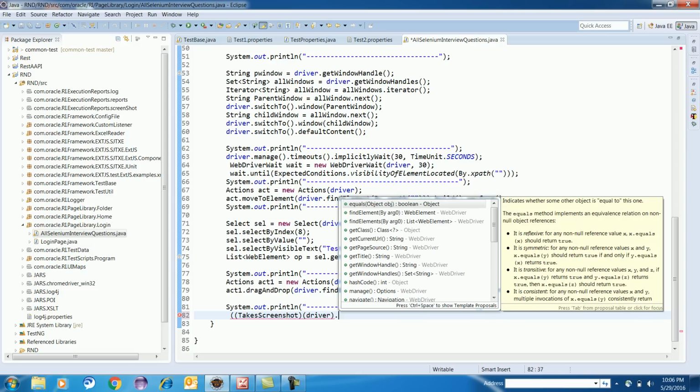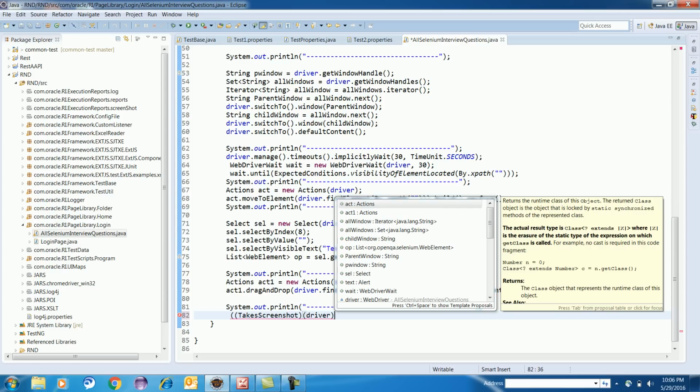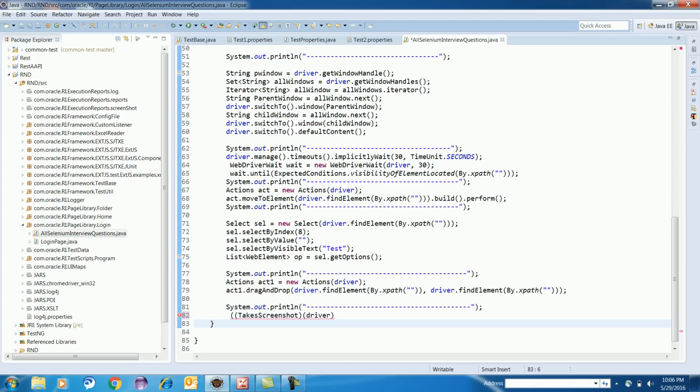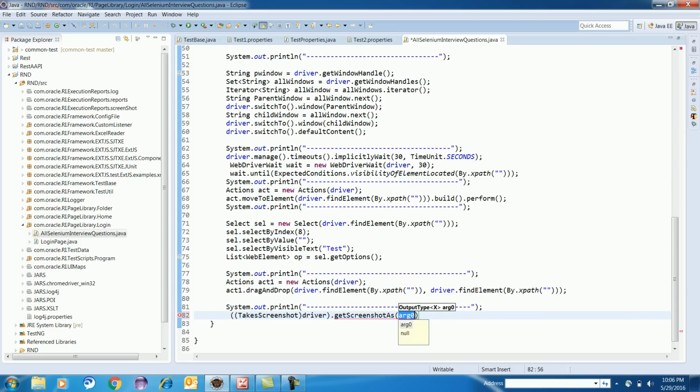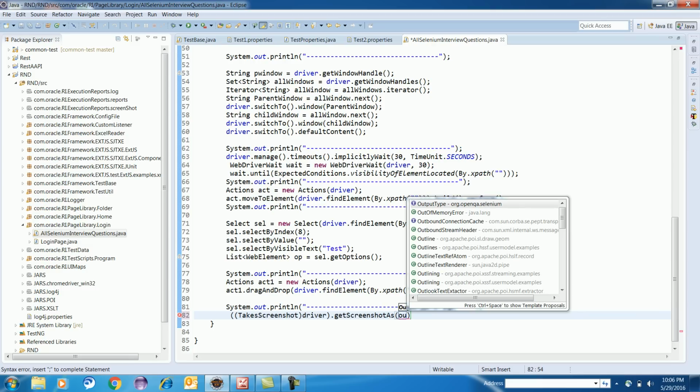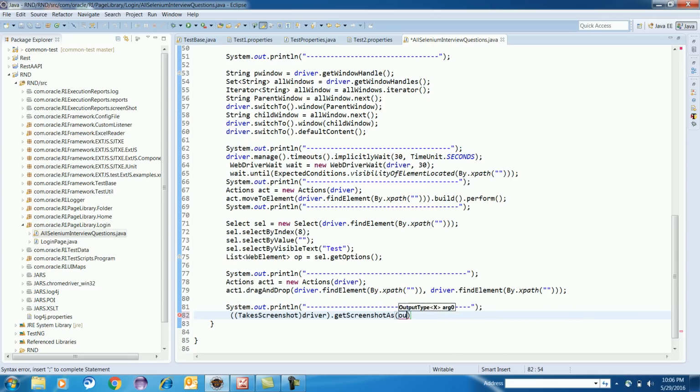Now you will have the method available, get... Oh, you don't have it. One second, am I doing something wrong? TakesScreenshot, right? Then I'm okay, I was casting the driver. Dot getScreenshotAs. See, this is the method available. To get the screenshot in Selenium, first of all you have to cast your driver with TakesScreenshot, and here you have to write what your output type is, OutputType.FILE,